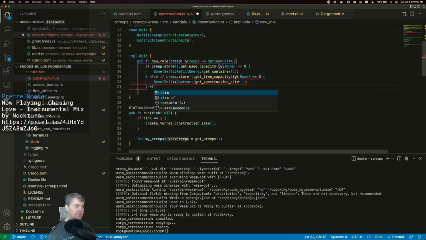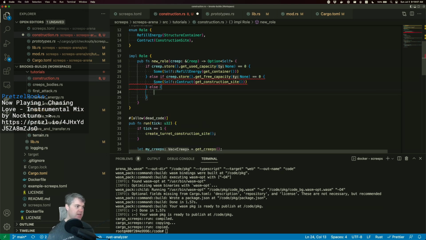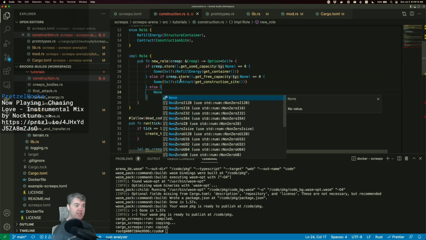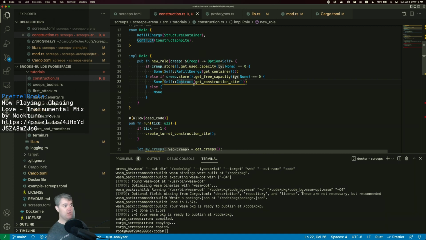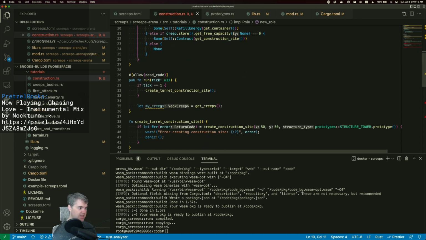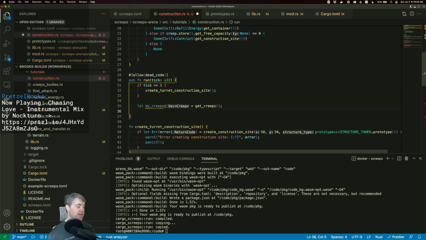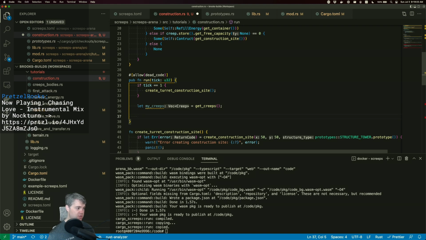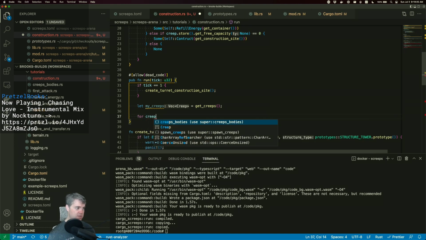And then finally, if we have an else, it's a none. There's no change that needs to happen, so we don't need to have a different role now. So at this point, we get all our creeps, and now we're gonna loop through the creeps and then find a new role. So for creep in my creeps,